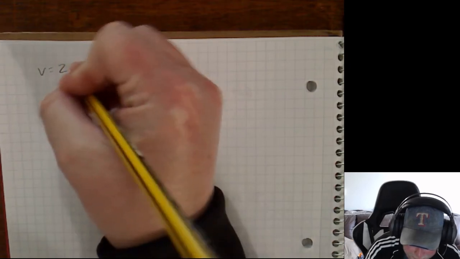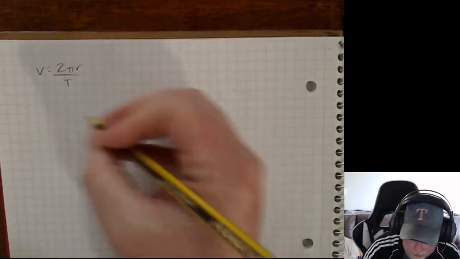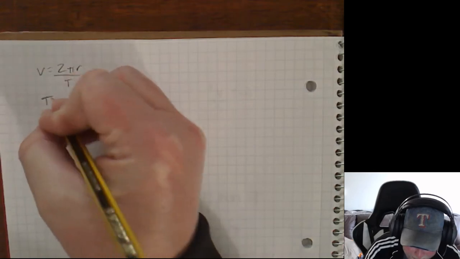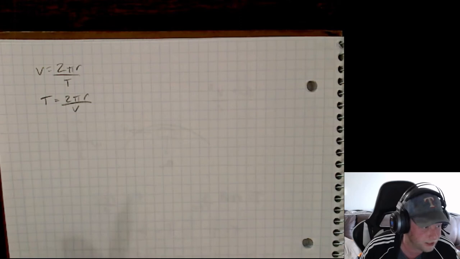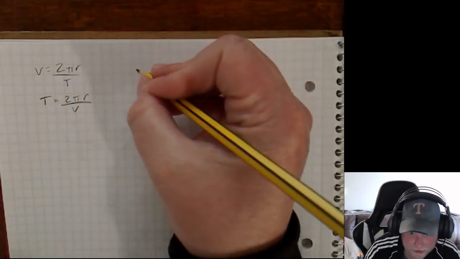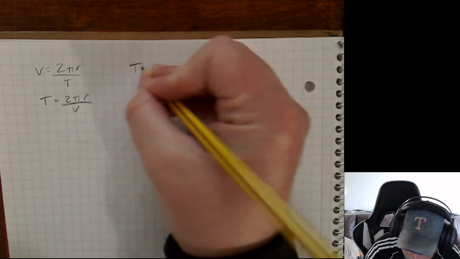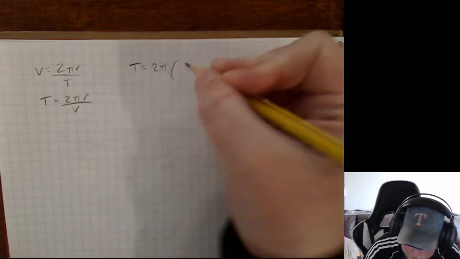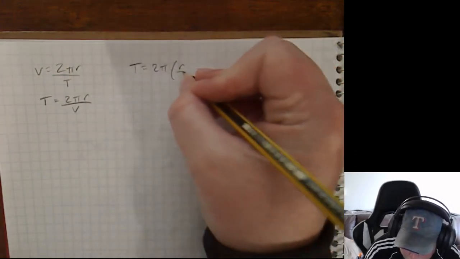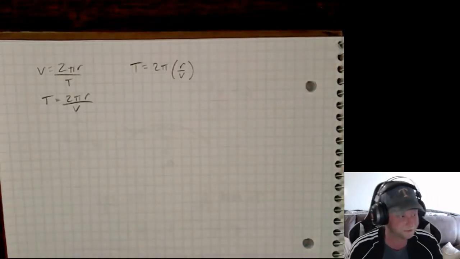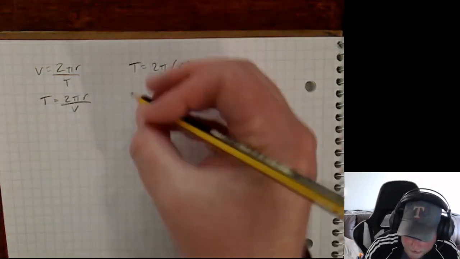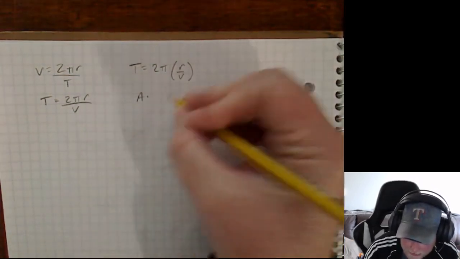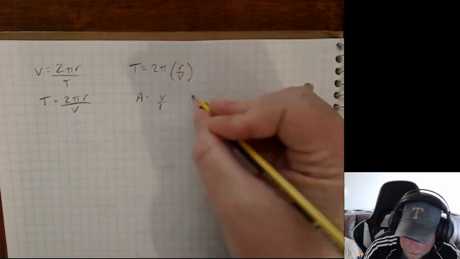Alright, so we know that speed is equal to 2 pi r over your period. So let's go ahead and rearrange that to where we get period is equal to 2 pi r over v. Now if we look at it, the period is really going to be dependent on that radius to velocity ratio. Right, so if we look at